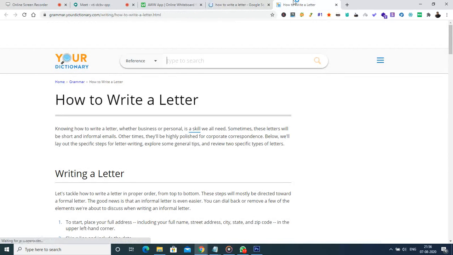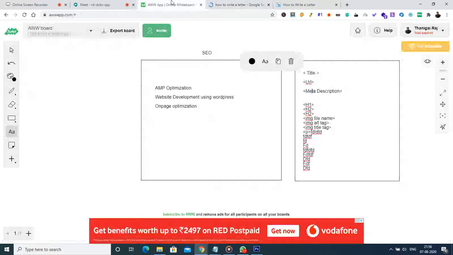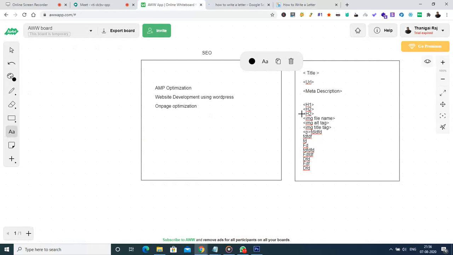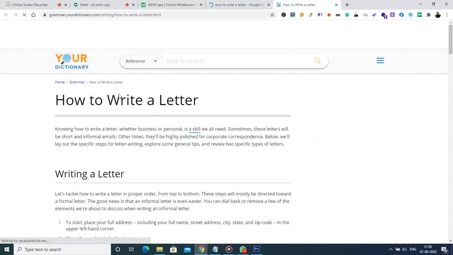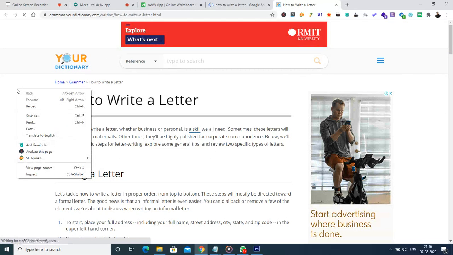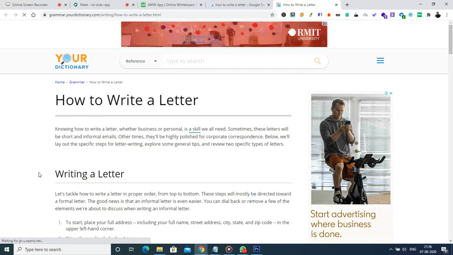Let us see what it has. On this website, I'm going to show you all the tags we have learned about, based on their importance, in this web page. So I'm going to the coding section.